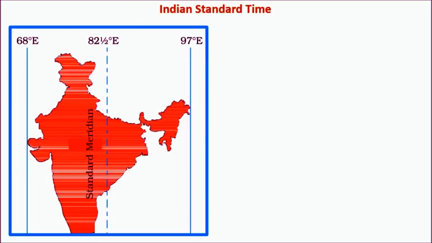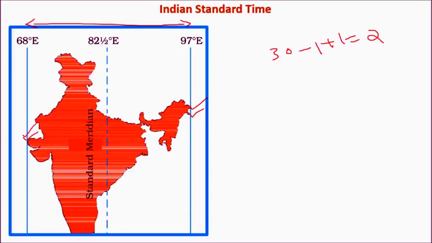Now, if you take India, it is spread about 30 degrees. It has a 30 degree east to west extent. That would correspond to nearly 2 hours, because 15 degrees corresponds to 1 hour, so 30 degrees would correspond to 2 hours. So the difference between Arunachal Pradesh and parts of Gujarat would be about 2 hours. For example, if the sun rises here at 6 o'clock, it would still be dark in Gujarat at 6 o'clock, and the sunrise there would be at 8 o'clock. So it is a